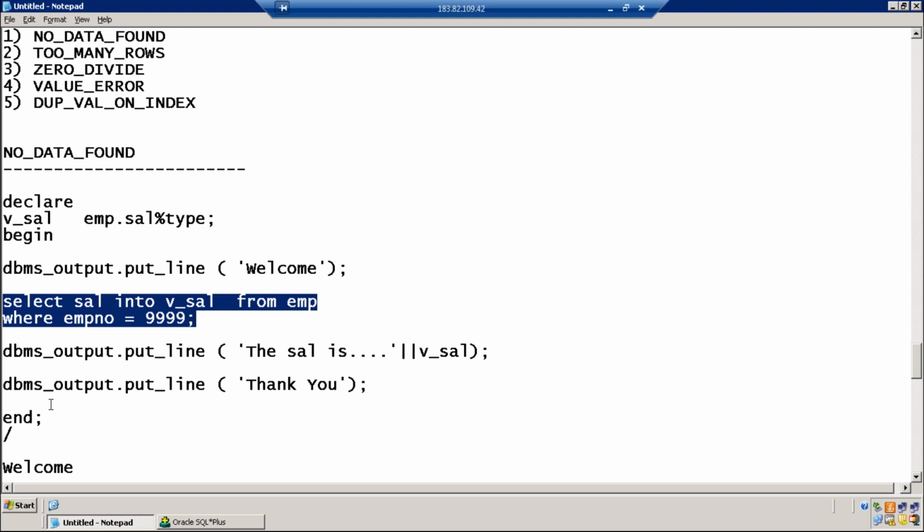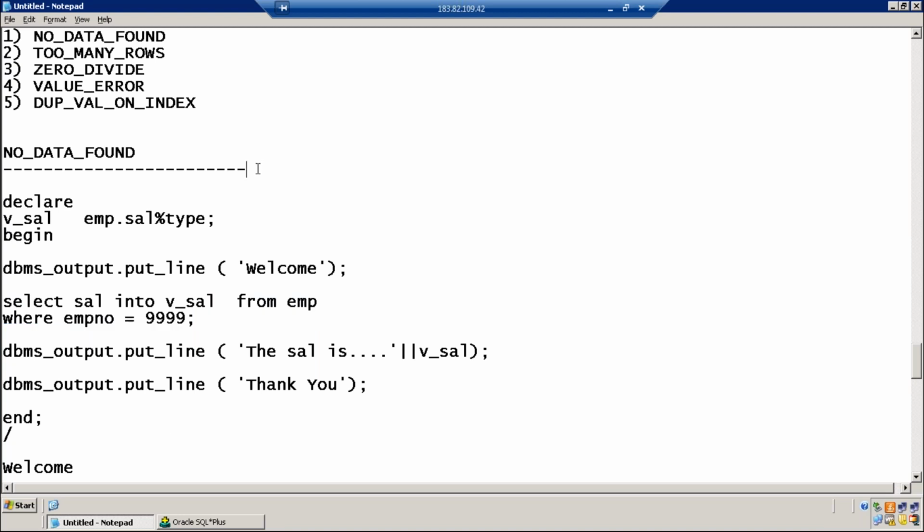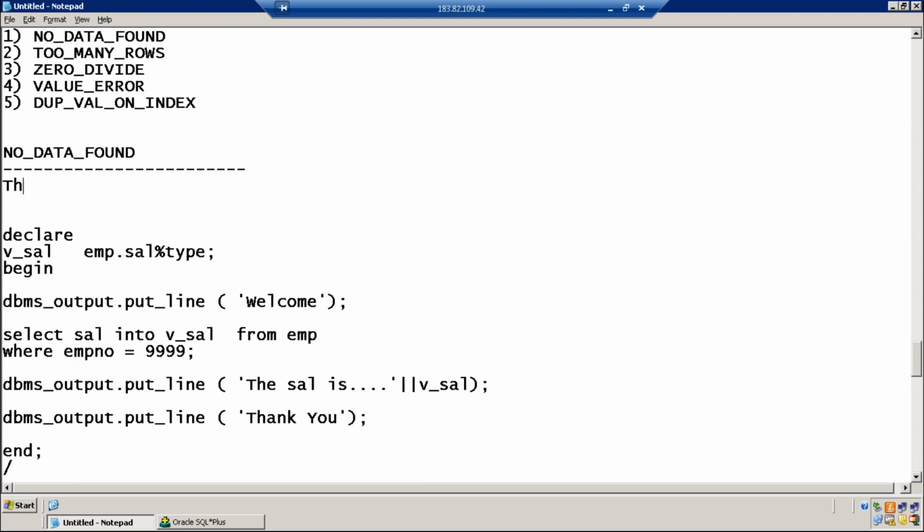Here, as we are not catching the exception, the program has been terminated abnormally. So the no data found exception is raised when a select statement returns no rows.